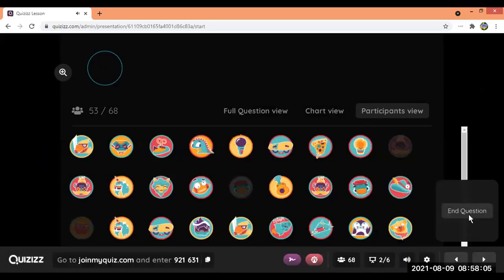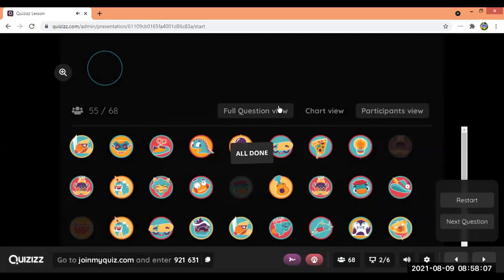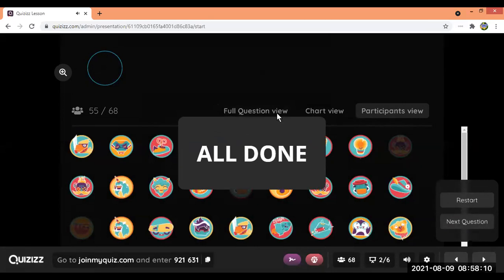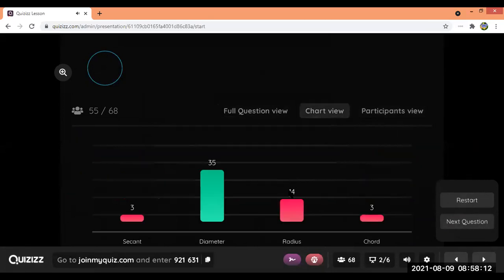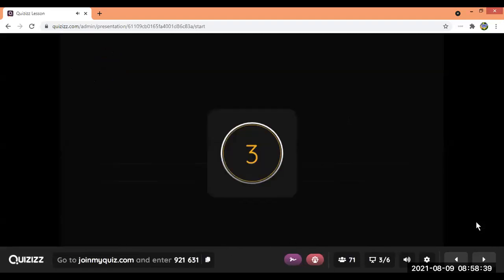Okay, let's see how many of you got it right. It was a very easy question. 35 of you have got it right. So that was the diameter, right? Any line or any segment which joins 2 points on the circle and passes through the center, that is called as a diameter. Okay, it's not a chord because longest chord is called as a diameter. So we need to give a very specific answer. The answer to this was diameter. Let's look at next question.